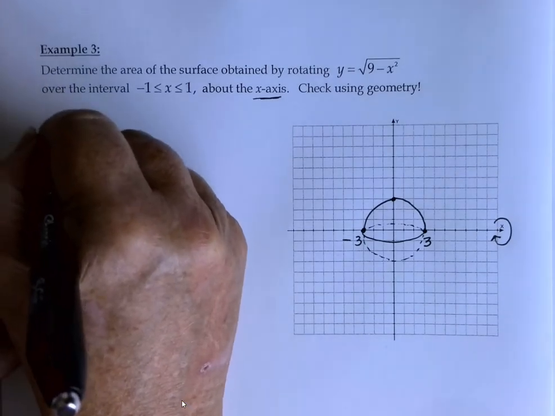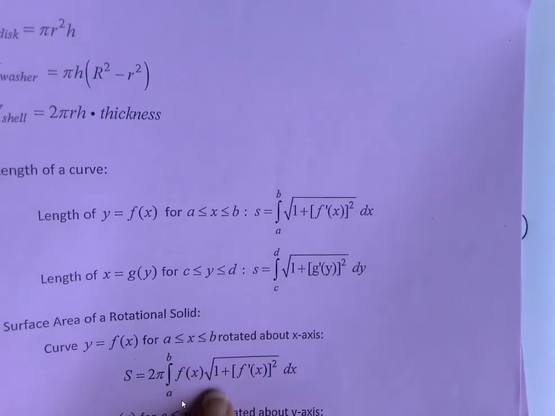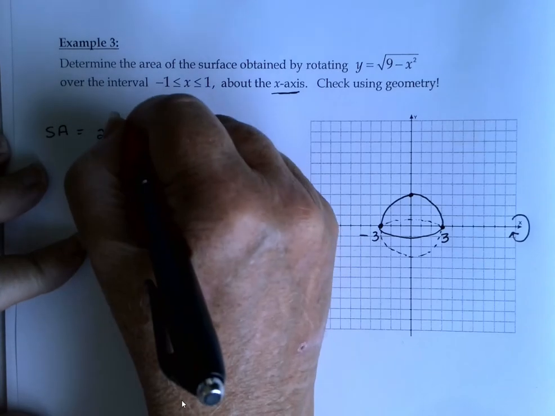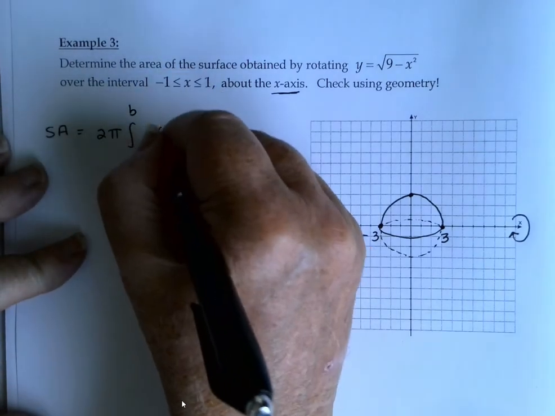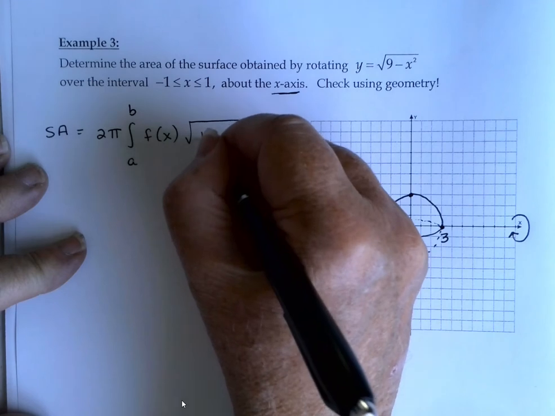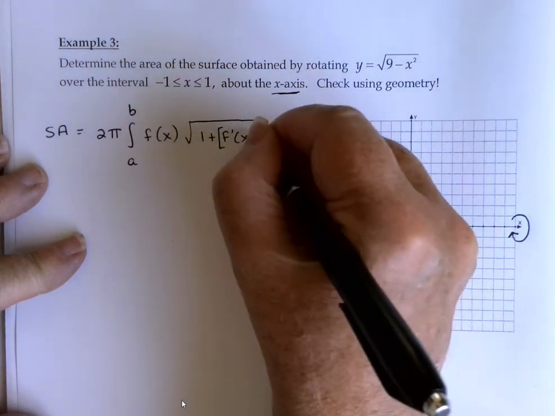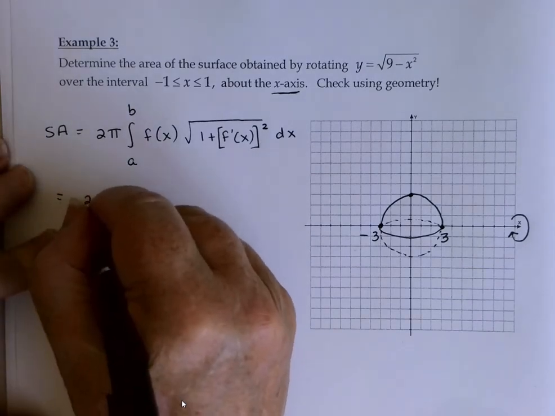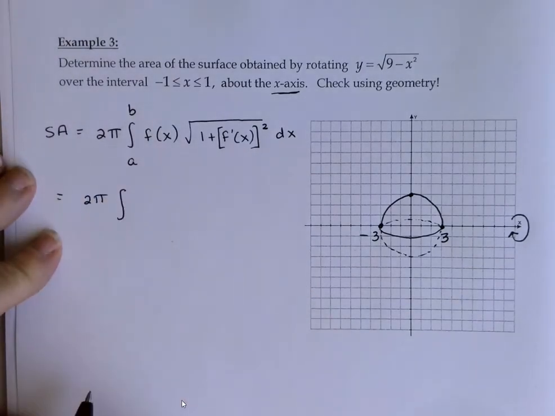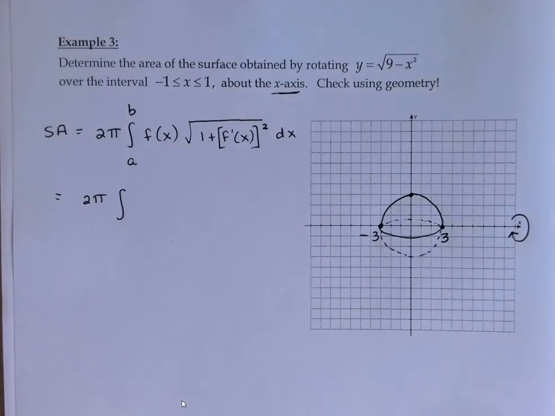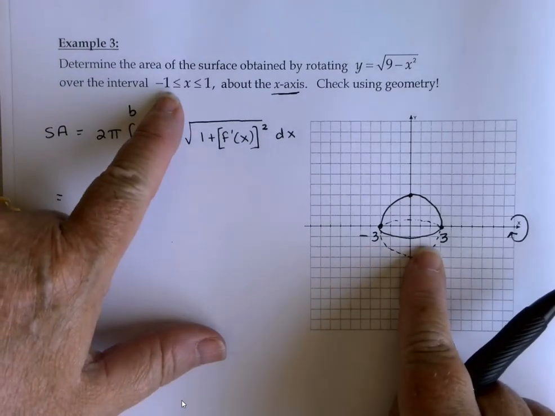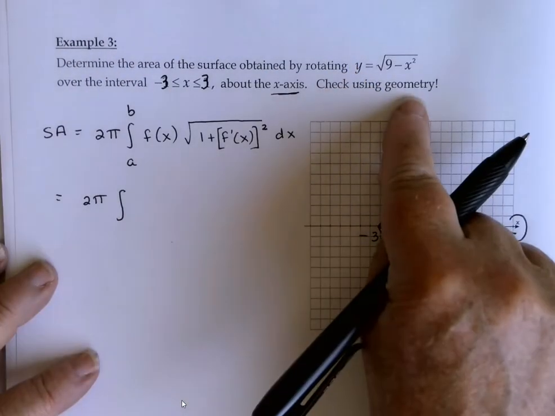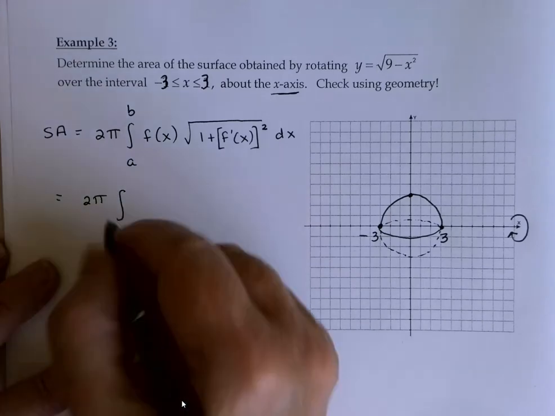So this time, since I'm going around the x-axis, I'm going to use this surface area formula. And let's see, we'd have 2 pi times the integral. Specifically, oh, you know what? I'm sorry. I think if we're going to check using geometry, we've got to do the same thing. Let's change this. It says -1 to 1, but I think that's probably a misprint. It should have said -3 to 3. Otherwise, we're not going to be able to do the geometry check. So from -3 to 3,